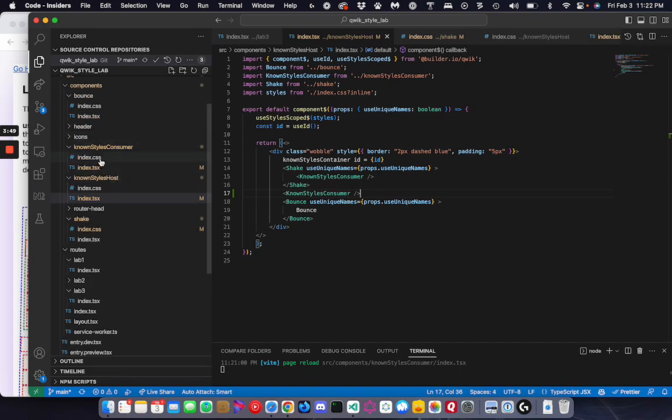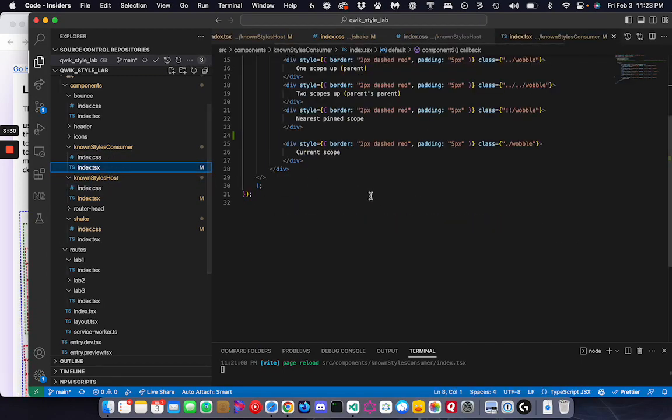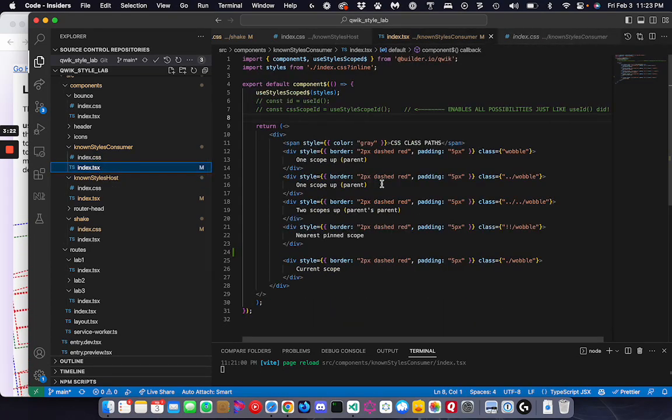The known style consumer, actually let me show you the style here. So first of all, within the known styles host, there's an animation called wobble, and the class that knows how to wobble something. Within styles consumer, it also has a wobble. In the code for this,